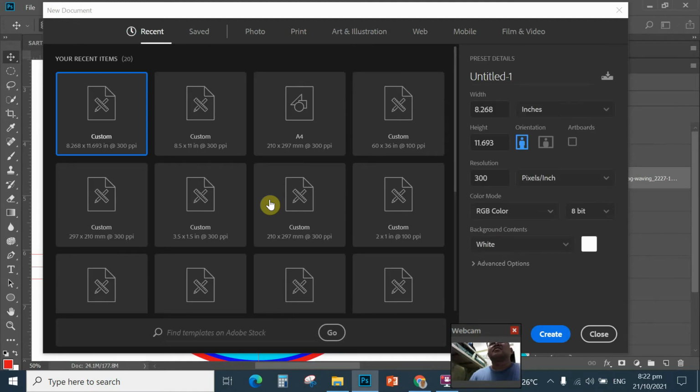At the new document window, you choose, for instance, if you are planning to create a logo with 5 inches diameter, you can